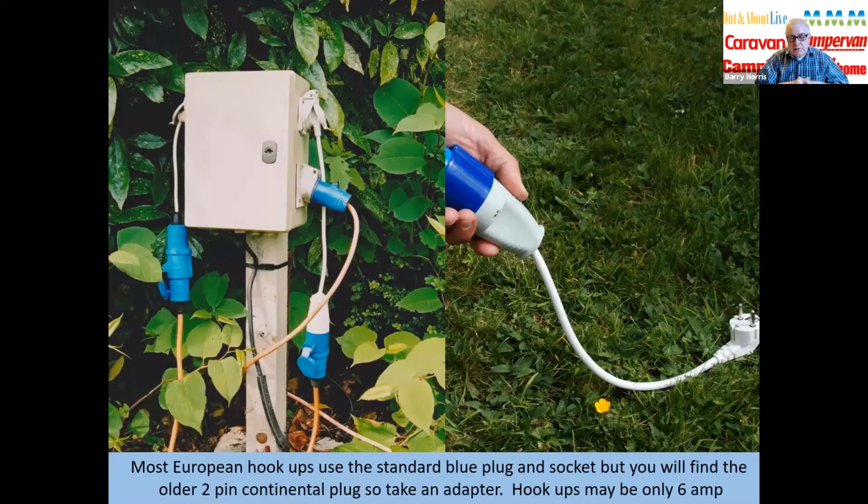Electricity hookups can be different. Most of them do tend to be the blue Euro plug system that we have in the UK, but occasionally you'll find a 2-pin socket, and for that you'll need an adapter, which we bought at most caravan motorhome accessory shops. And on the right hand side you can just see the white cable with the 2-pin plug there. You just plug into your normal hookup lead, which will then go into the box. And on the left, this European hookup, you can see the top two are 2-pin continental style outlets, and the bottom right hand is our standard European